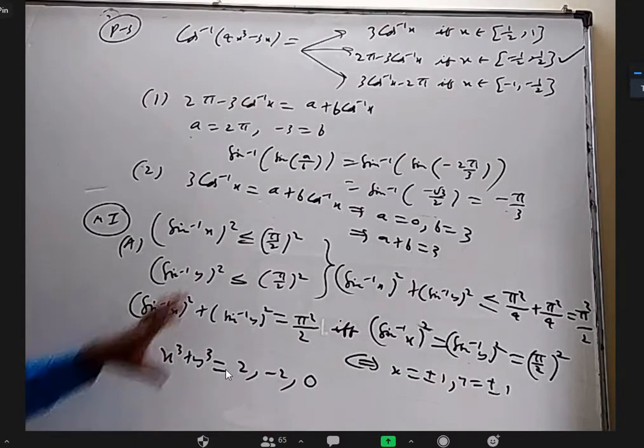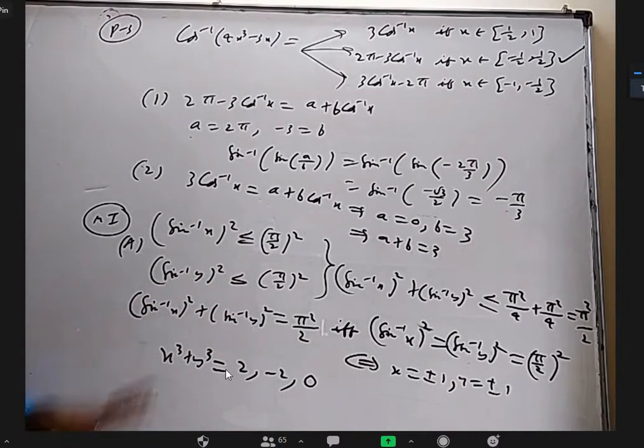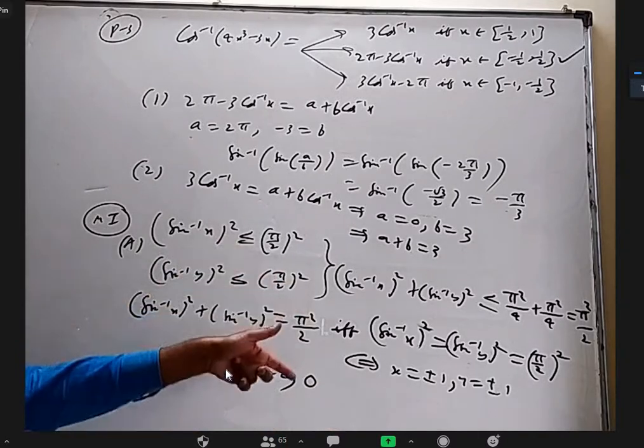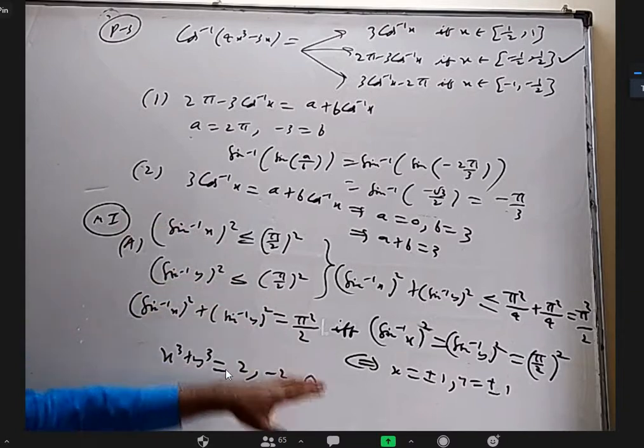Okay, so I'm writing the proper solution. I'm not simply saying x is 1, y is 1. I'm writing why it should be so. This maximum value is this, this maximum value is this, their sum maximum is this. For that to be attained, this should attain maximum, this should attain maximum, and this will attain it for what x values? I'm writing all that clearly.